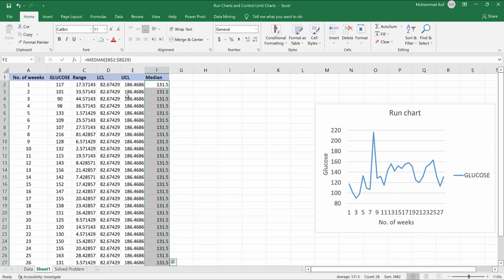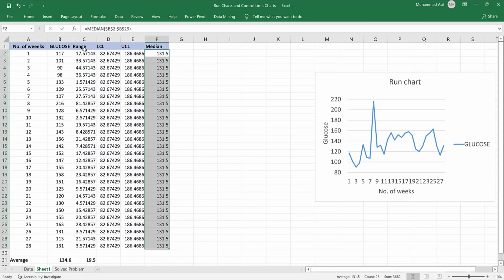Okay, so far we have this data, that's glucose, and then we take its average at the bottom, and then we take the range, that's the difference of the average and these individual values, and then the lower control limit, the formula for which is average minus 2.66 multiplied by the range, and the upper control limit is average plus 2.66 multiplied by the average of the range. Okay,